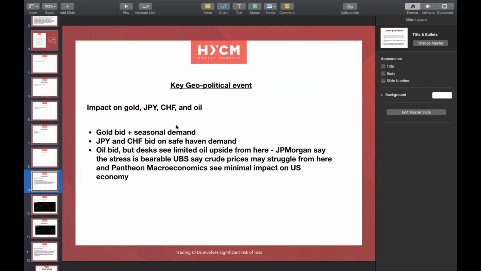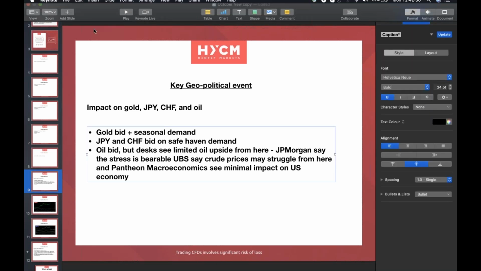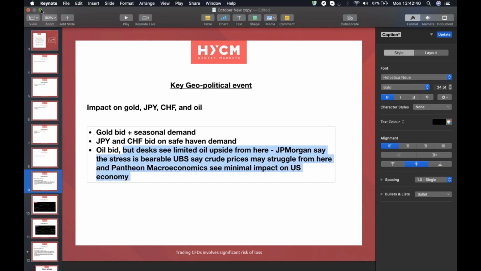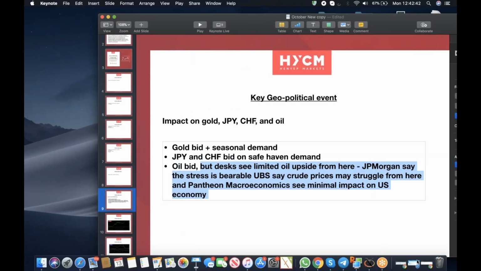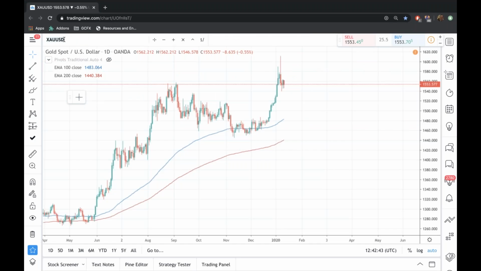This was the slide I used last week, where I was outlining some of the key situations and what I was expecting, and I just wanted to point out oil. You know, oil was bid, but I pointed out last week that desks see limited upside in oil from here because the oil market is very well supplied. Okay, so it was worth having a little look at the oil market,